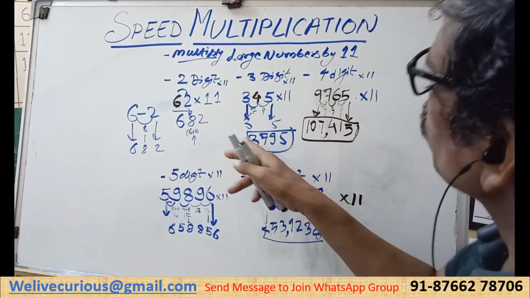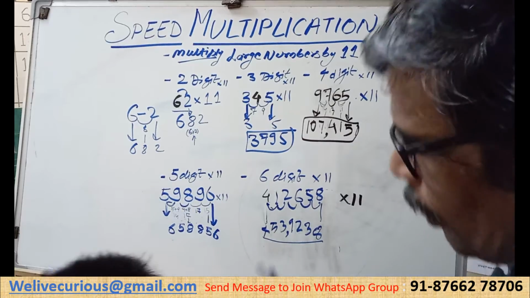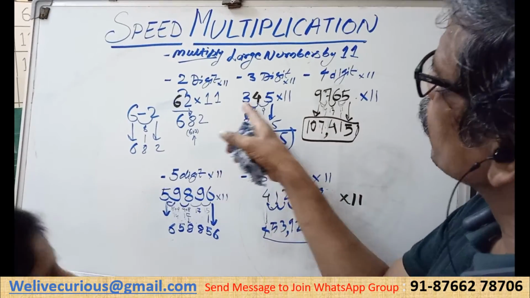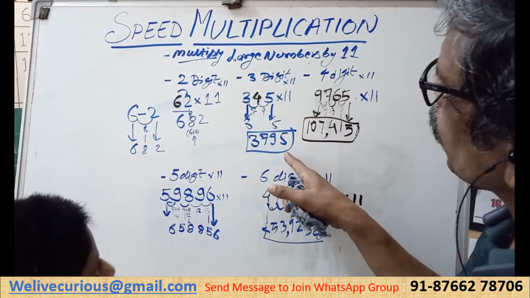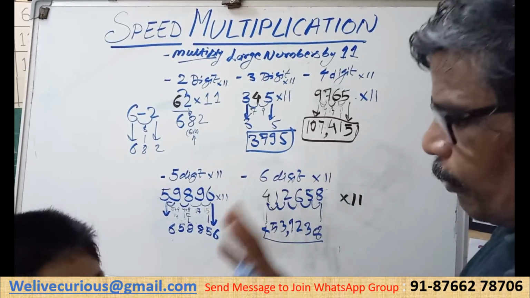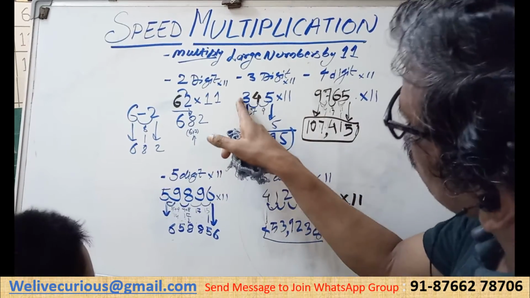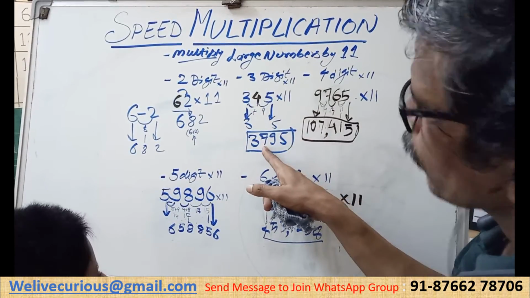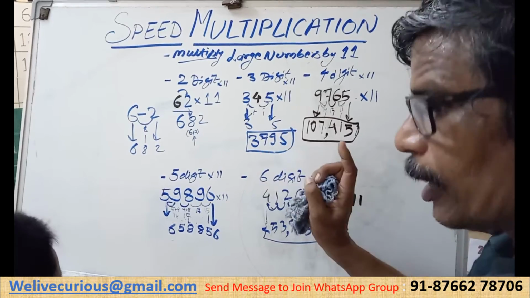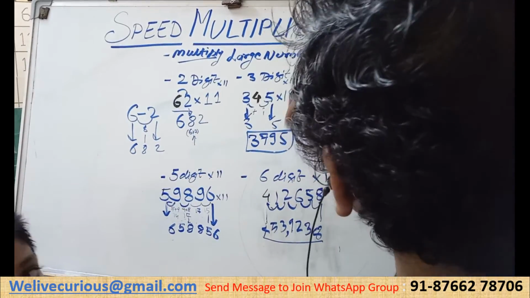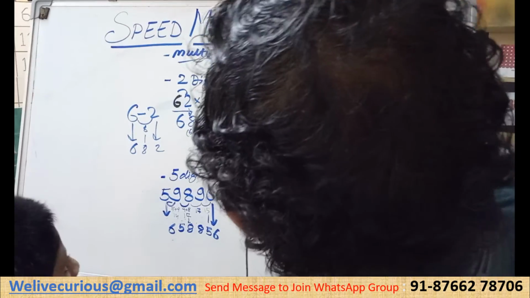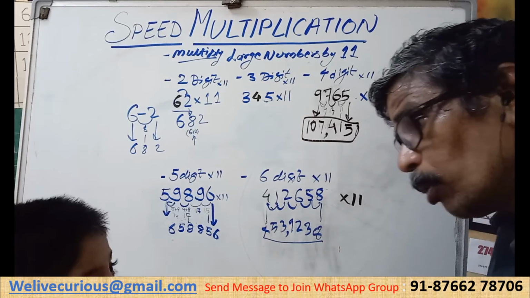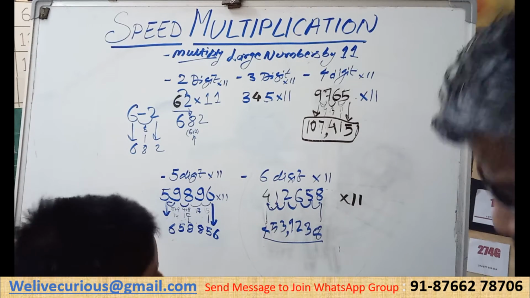So would you want to do this one with carry forward? If I change the unit, see this we did earlier in the class, 3, 4, 5. So 3 we drop here, 5 we drop here. This is how I explain to you. If you have any better idea, tell me. I told the kids 3 you drop as it is, 5 you drop as it is. Then you add 3 plus 4, 7, 4 plus 5. Is it right method? It is a good method. If there is any other method you have in mind, I will do it because you are also on their side. So if I can explain to you, I can explain to them.